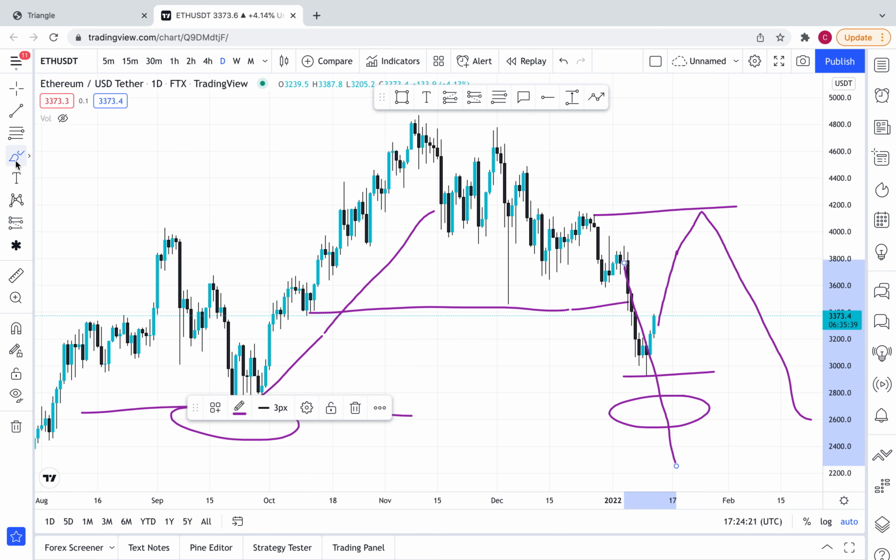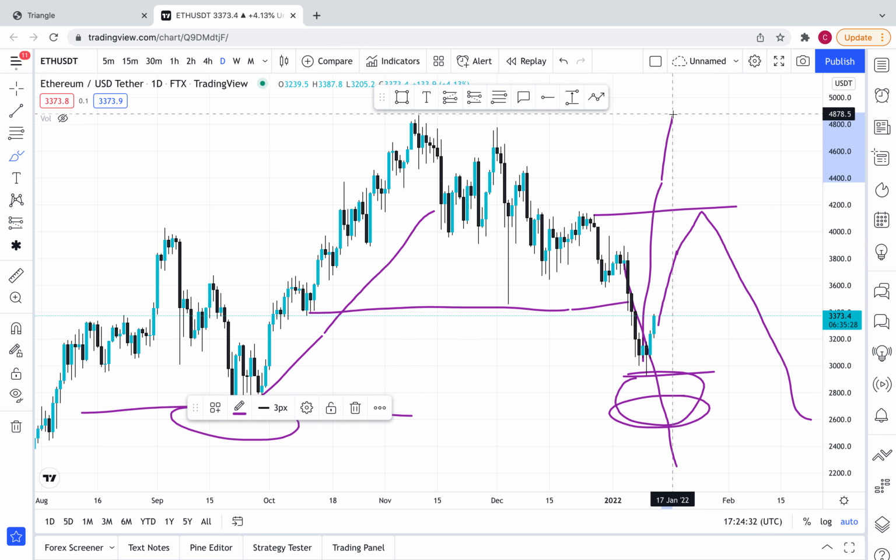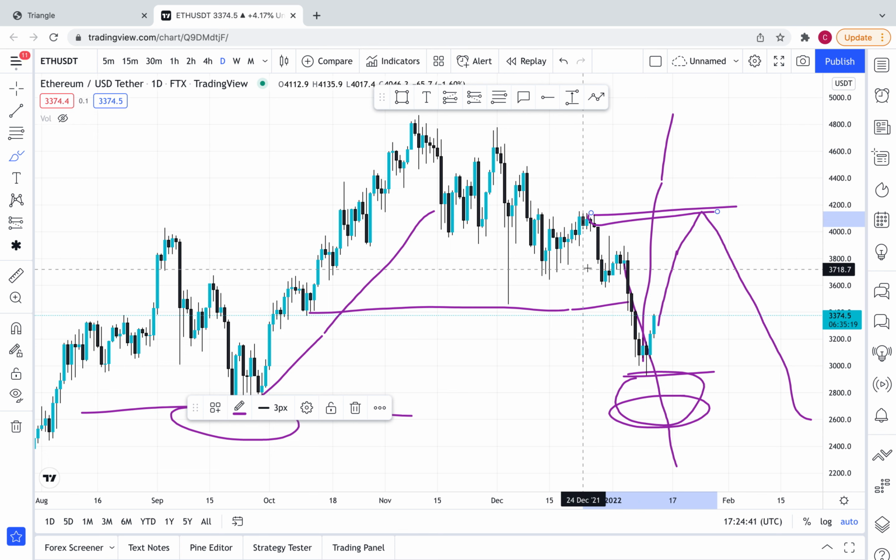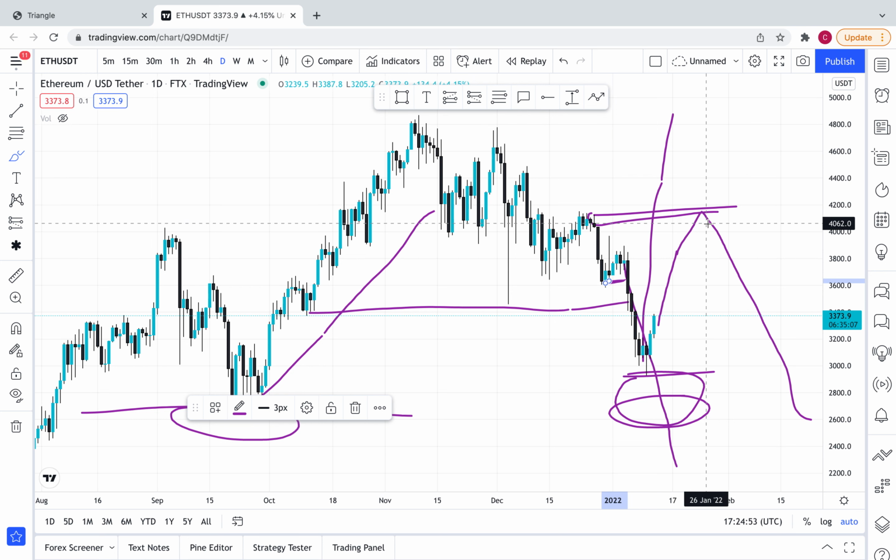So we would have a lot of buyers around this region, buy side liquidities around this region, trying to push price to $4,800 summit. But we have a bearish order block here. We are ignoring this breaker, this bearish breaker. We are actually ignoring it. This is what we are looking at. So price is actually going to go up to retest this region.